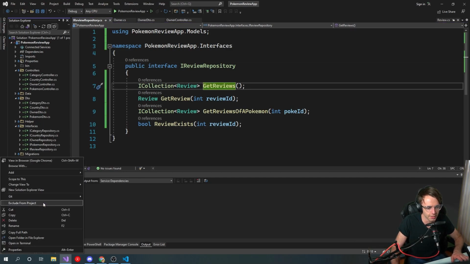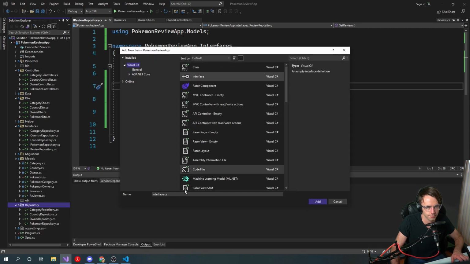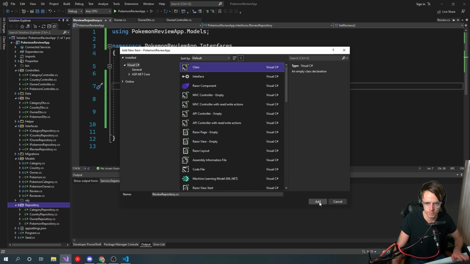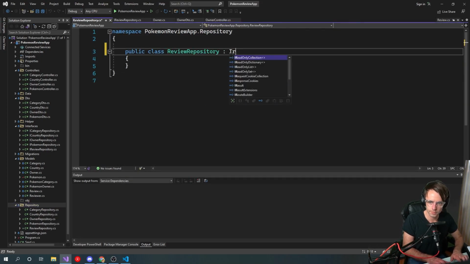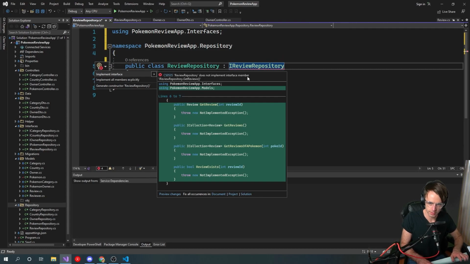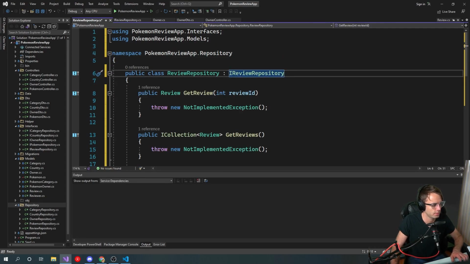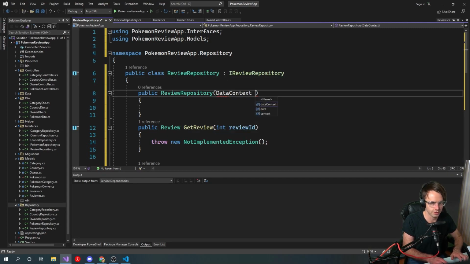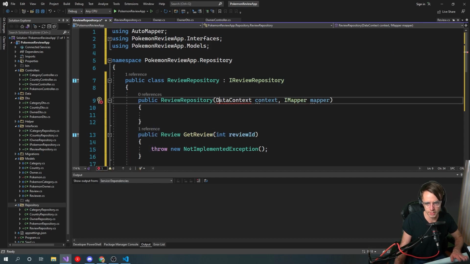We're going to go in here and we're going to create our review repository. Just like that. Got to implement our interface and start filling these things out. So go in here, CTOR, go to our data context, mapper equal to mapper, go down, go down,